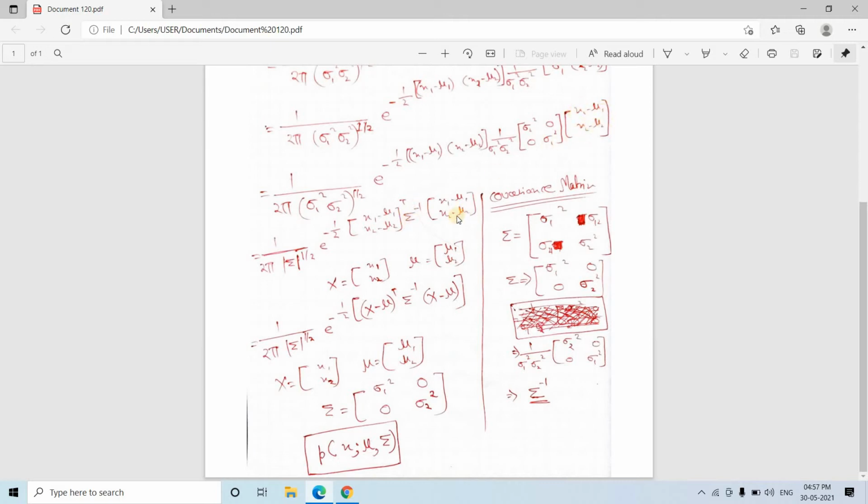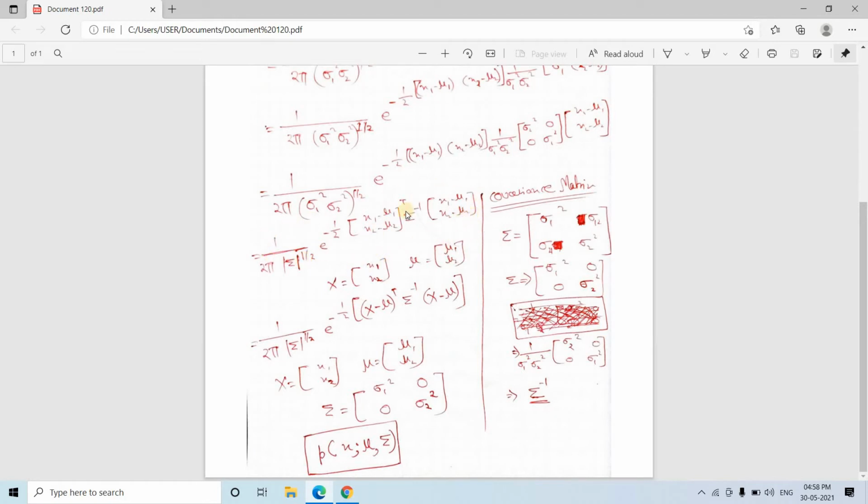x1 minus mu1, x2 minus mu2 putting as it is, minus half coming as it is, and this one x1 minus mu1, x2 minus mu2 I just took the transpose and written like this. Simple. Okay, now this one, sigma 1 square multiplied by sigma 2 square to the power 1 by 2. What is this? This is nothing but the determinant of the covariance matrix. If you just check, this is the summation, which is our covariance matrix. What is the determinant? Sigma 1 square multiplied by sigma 2 square. Okay, so instead of sigma 1 square sigma 2 square, we can replace it with the covariance matrix. So this is the covariance matrix square root. Okay, so the new equation looks like this.